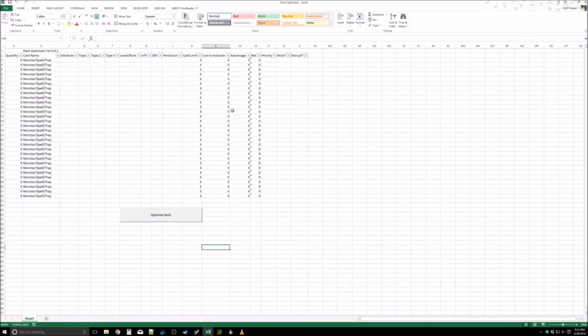Here I'm just going to show you how to set up the optimizer and walk you through the deck creation process. Or I shouldn't say the deck creation. You'll always end up creating a deck at the end of the day, but at least you can optimize it in some capacity. So I've already had the file open and everything, but if you download the file, make sure you